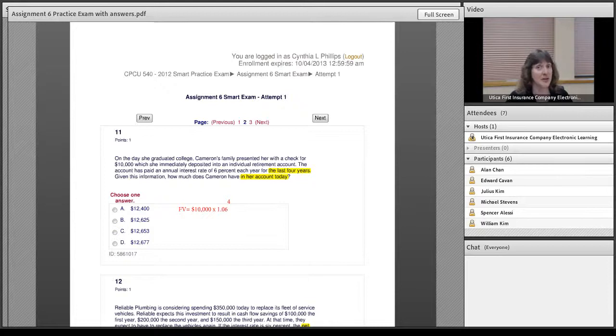I know it seems misleading, but remember, future value is I'm taking an amount, putting it in over time, what will it ultimately end up being? So that's why it's a future value formula. 10 grand was the initial payment. It had 4 years to earn 6%, so you multiply it by